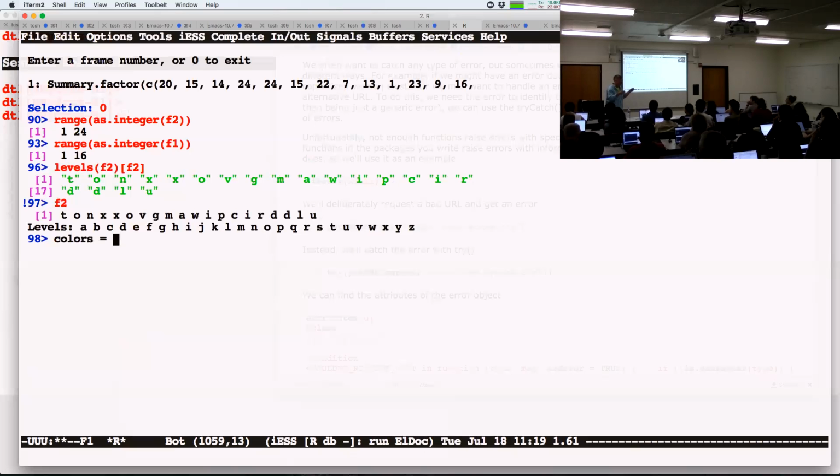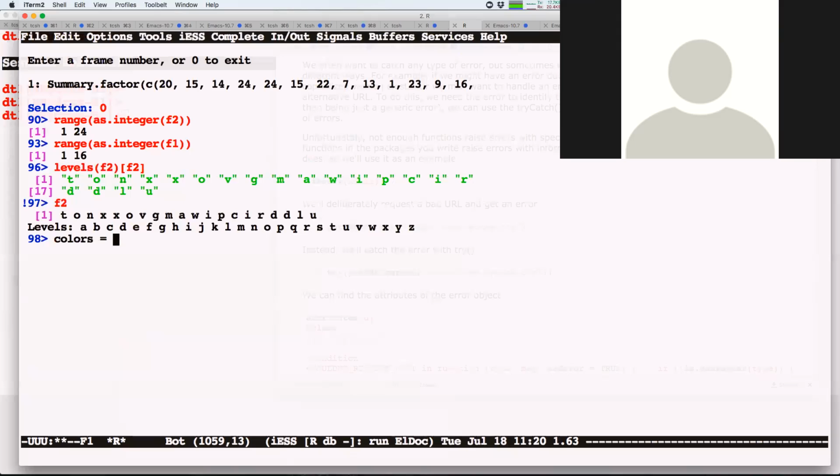Oftentimes what we want to do is plot a real valued vector against another real valued vector, where these are pairs of observations, and we want to color code based on a categorical variable, and choose the plotting character to be a plus or a minus or a question mark or whatever based on another categorical variable. What we do is set up those colors and plotting characters to have the same length as the number of levels, and then we just index by the factor itself because it's an integer vector. So it's just a convenience mechanism.